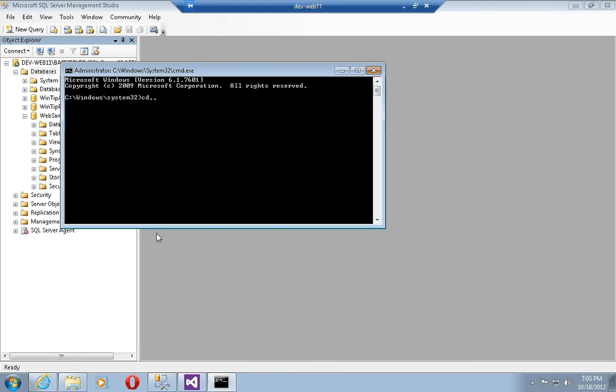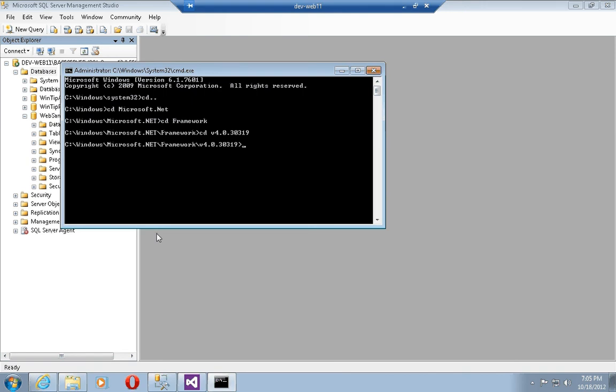So now I'm going to navigate into the Windows installation folder, which is Windows, and then into the Microsoft.NET folder, and then into the Framework folder, and then into the v4.0 folder, which contains the .NET Framework 4.0 installation on my machine. And in this folder we have a tool called aspnet_regsql, which I'm going to be running